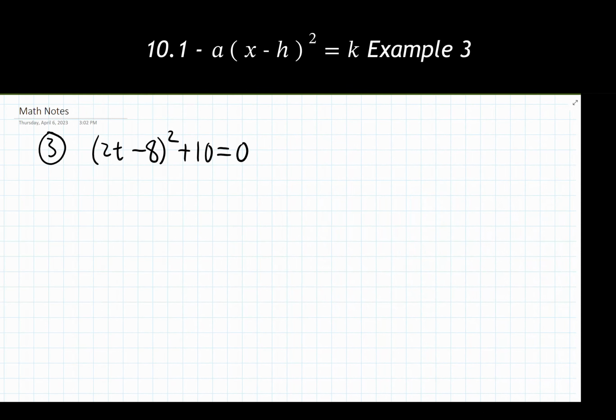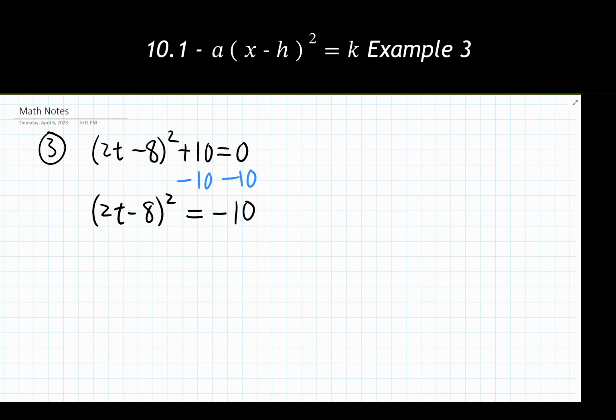Looking at example 3, we're going through and solving it using the exact same method that we've done up till now. So I want to get my quadratic term, meaning everything inside this set of parentheses, all by itself. So I'm going to subtract 10 from both sides of this equation. On the left side, I'm going to be left with the quantity 2t minus 8, all raised to the second power, and that's going to be equal to negative 10. I don't have any coefficient in front of this set of parentheses, because that's really what I'm looking for. Don't let this 2 inside of the parentheses distract you. I'm always looking for the coefficient out front in my second step.